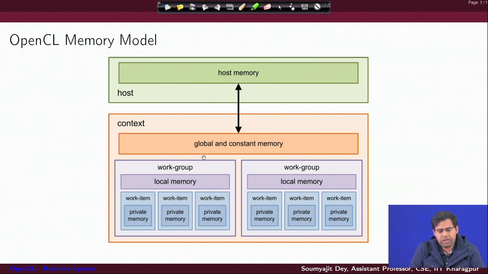Now, as we have been discussing, in OpenCL we defined an execution model and also a memory model, and so this is the picture of the memory model. So, you will have host memory, that is the host side memory and host side compute environment, which you have here. From the host you can copy data to the global memory of a specific context.